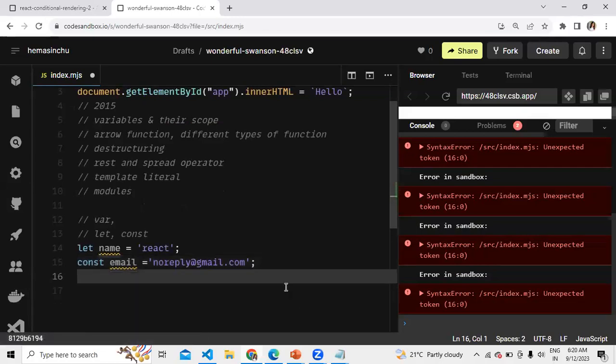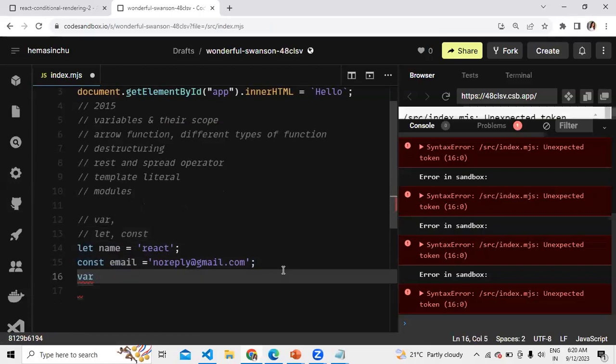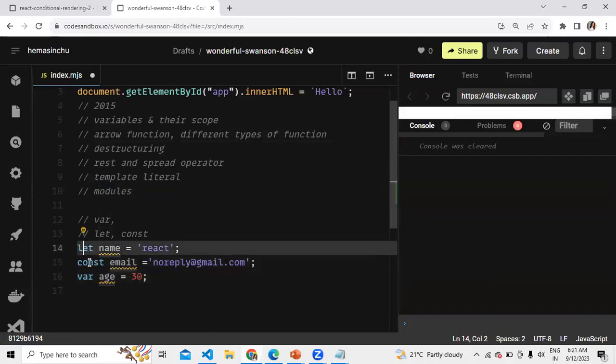They introduced two additional syntaxes over var. If I have to use var, how do I create it? Var, let's say age is 30. Now, do we see any syntax difference? Actually, no, except the keyword and different variable names, we don't see any change.